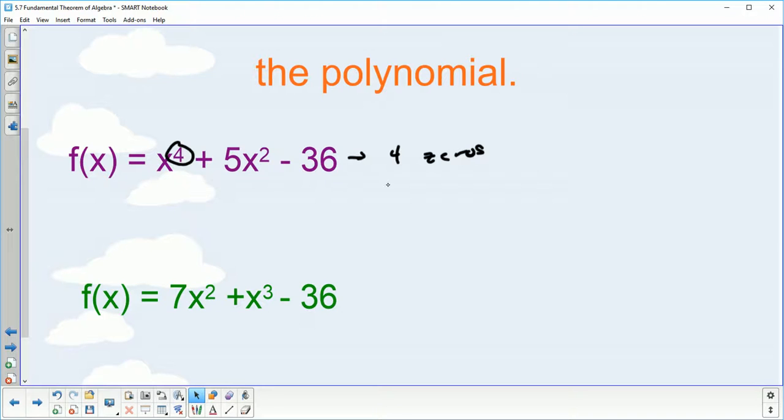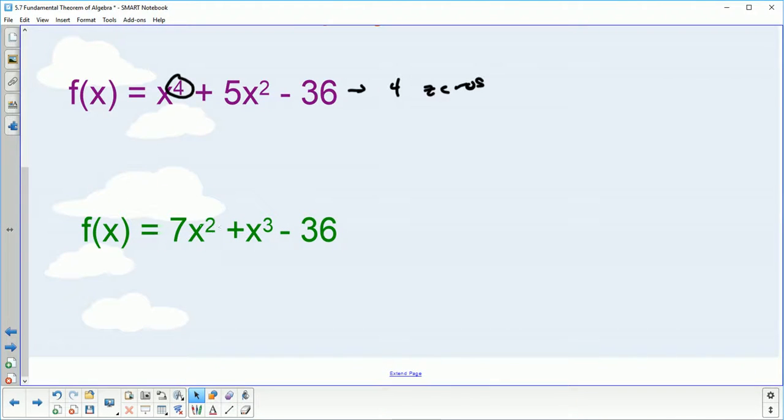Now with that in mind, that does not mean that there are 4 x-intercepts also. It means there are 4 zeros. Some of those could be complex solutions, at which point they wouldn't actually be an x-intercept. If they were rational or irrational, then they would be an x-intercept. A little trick on this one down here: since it isn't in standard form, we may miss that 3, and here we're going to have 3 zeros because that's actually the degree, the highest